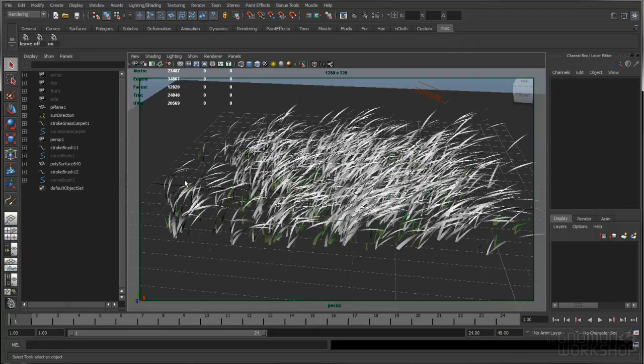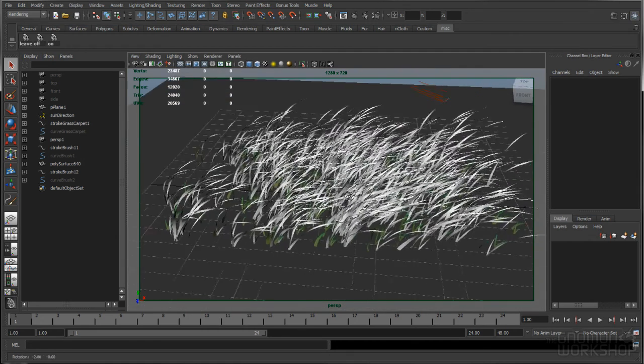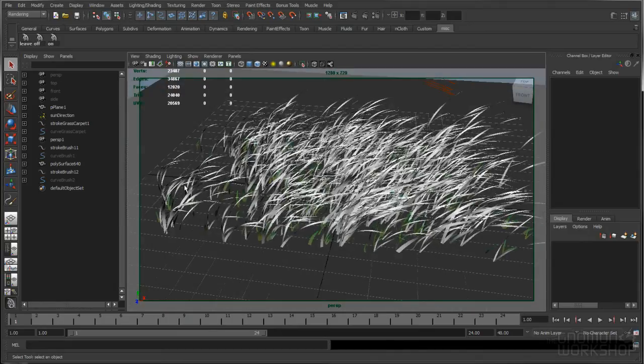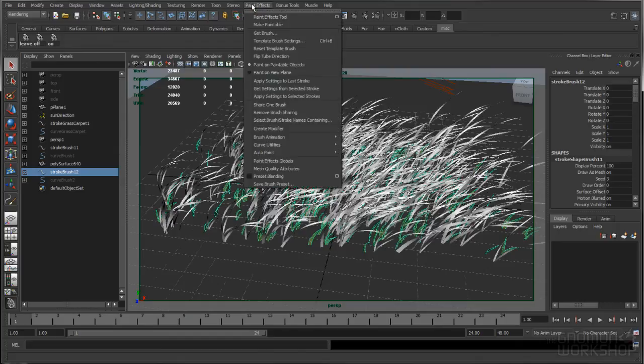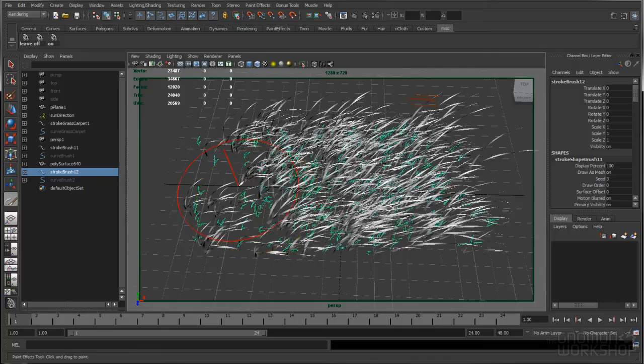And before you convert all this stuff to polys, it's not a bad idea to go and create all 4 of your strokes so that you can adjust the settings for all 4 while seeing them all together before going and committing. And so I'm just going to go now and probably do that. So we have this one, which is short. I'm going to get settings from this stroke, go to the Paint Effects tool, draw another one,